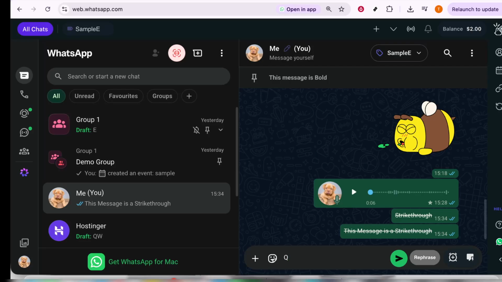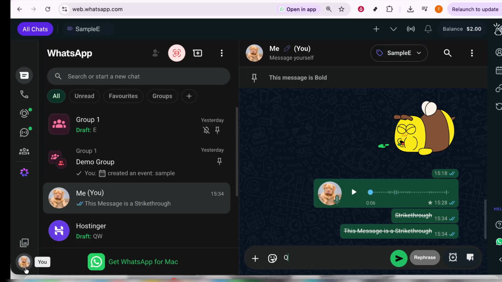First, open WhatsApp web on your computer. This is the browser-based version of WhatsApp, which mirrors the data on your phone. If you're not signed in already, you'll need to link your phone to WhatsApp web using the QR code provided. Once you're logged in, you'll see your chats on the left-hand side of the screen, with the familiar WhatsApp interface